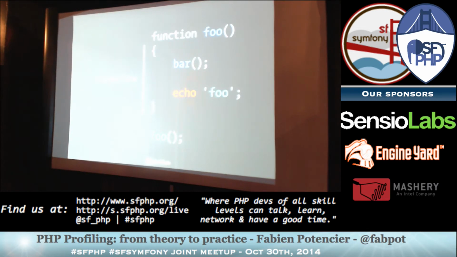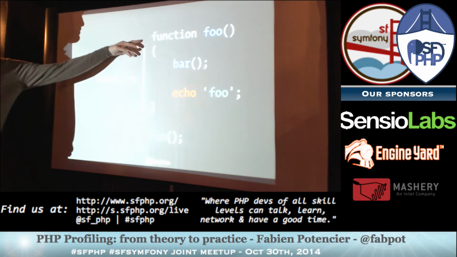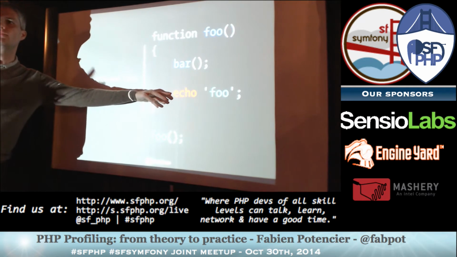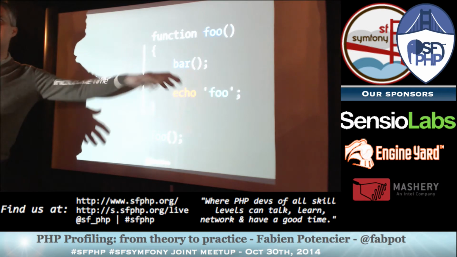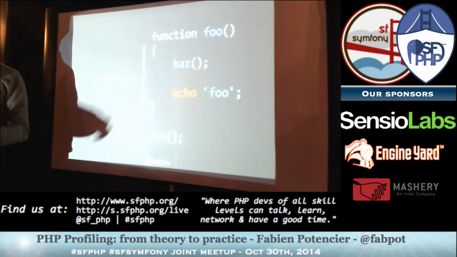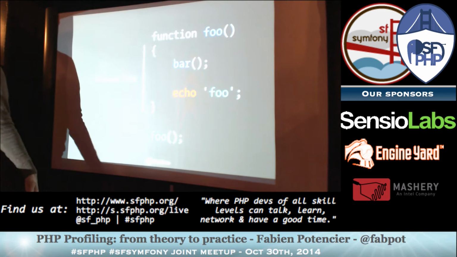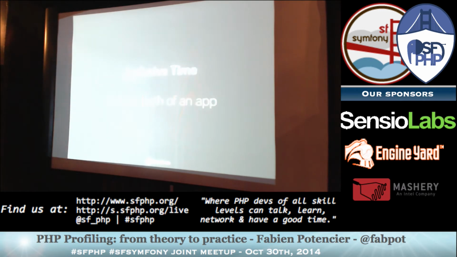This is what we also call the inclusive time. Inclusive means that this is the time it takes for the code belonging to the function itself, plus the code executed by any other calls within the function. So the function call plus all the children. The inclusive time is very important to be able to have a look at the critical path of your app. So this is where most of the time is spent, a good indication of where you need to look to improve the performance